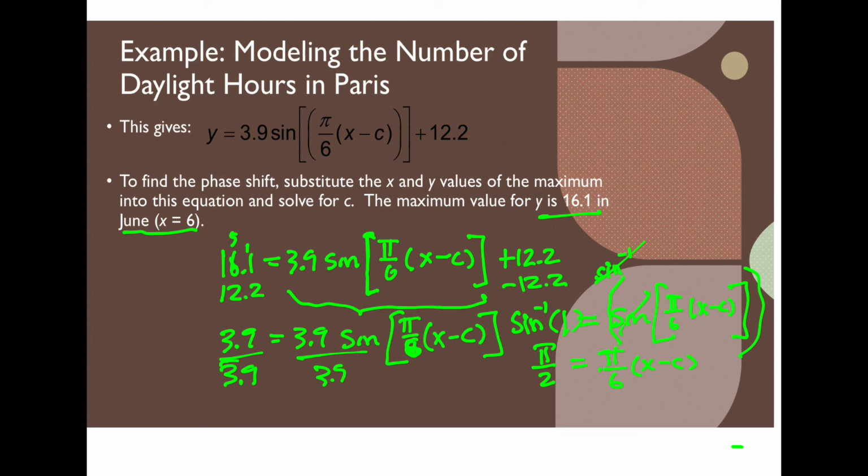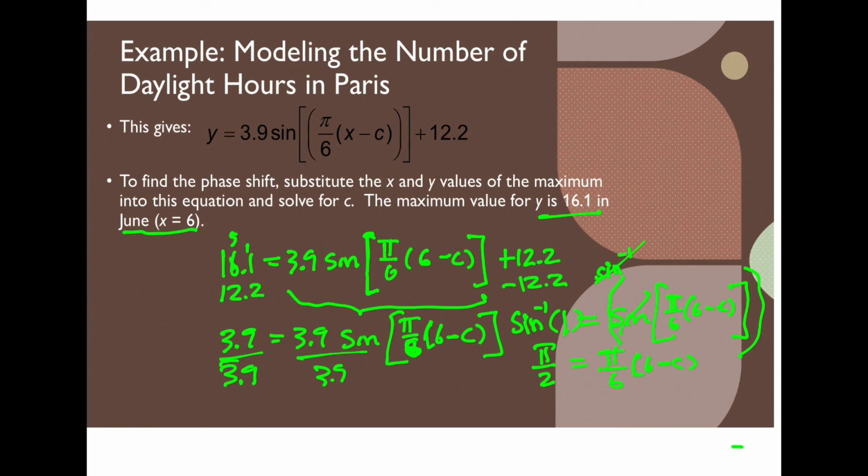Now to get the x minus c by itself, sorry, that's not x anymore. We actually had a value for x that I did not put in there. I put in the 16.1, but I did not put in the value for x. And the value for x there should be a 6. So let me just go back and fix that little mistake. Some of you are probably going, excuse me, why didn't you? Well, I don't know why I did that. I just got going there. And so I'm trying to take out all the x's there. And we're going to put 6 in its place. So that's 6 minus c. 6 minus c. And 6 minus c. Okay, so